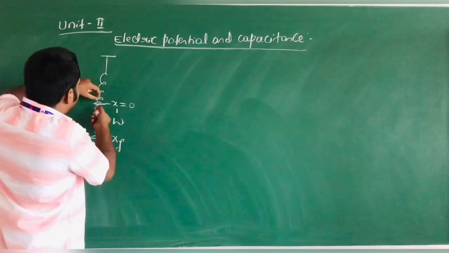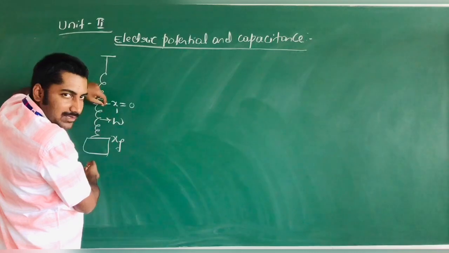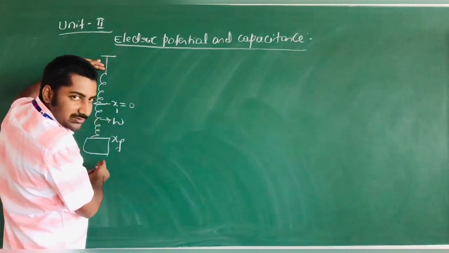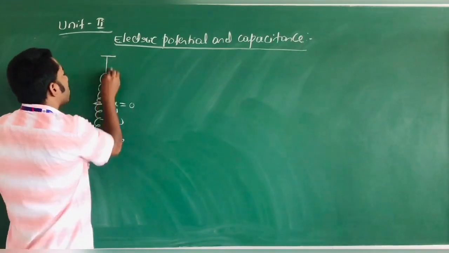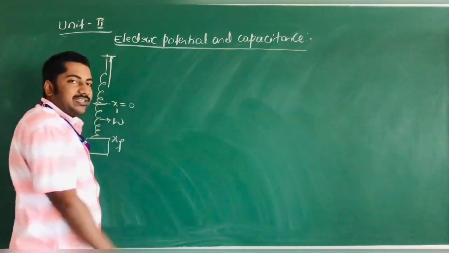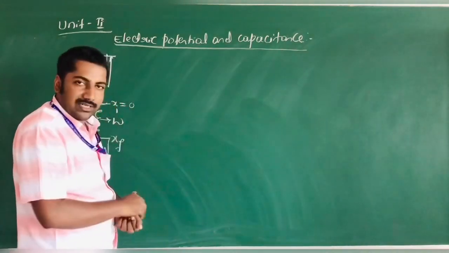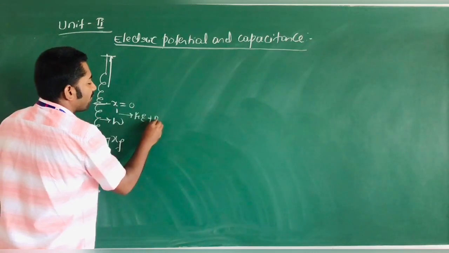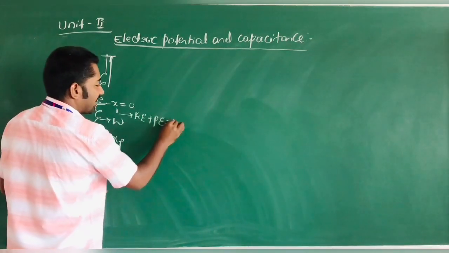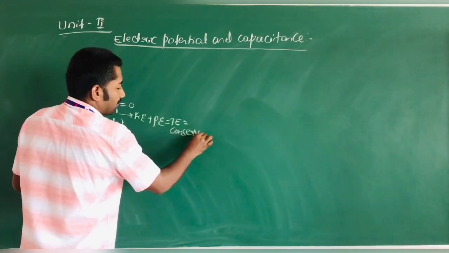When the spring is stretched, due to its potential energy and due to the restoring force, the spring again moves in this direction about the mean position. Here both energies are present in this experiment. The sum of kinetic energy and potential energy is called total energy. It is always constant.